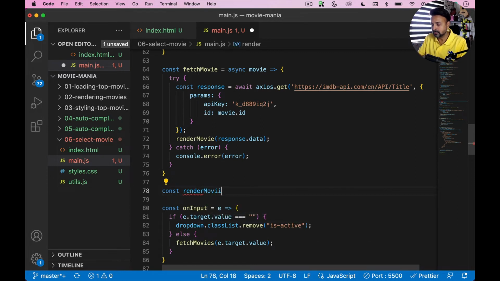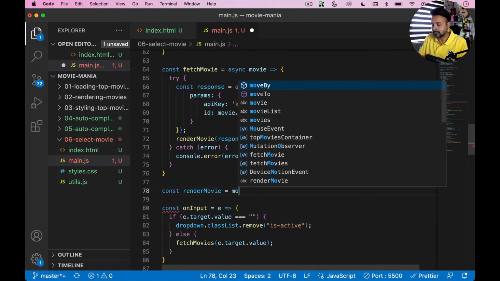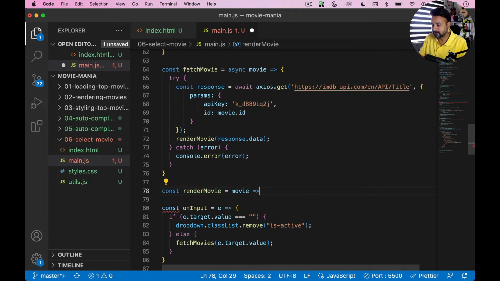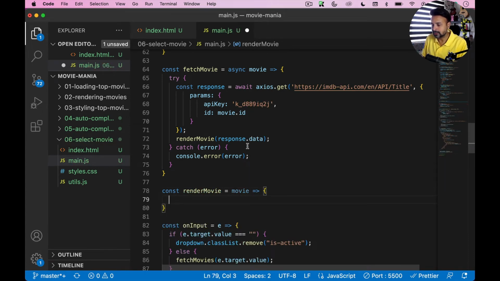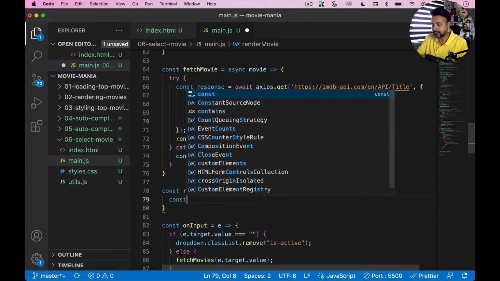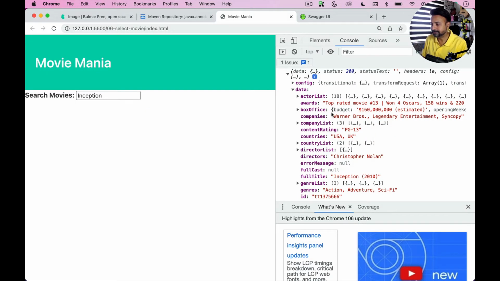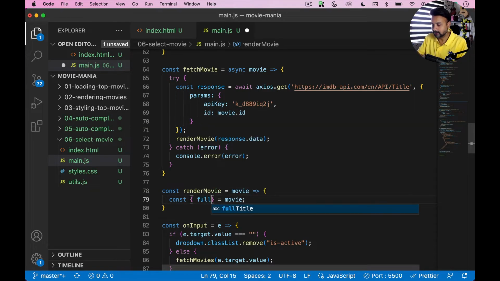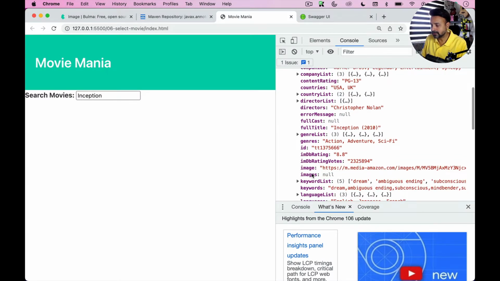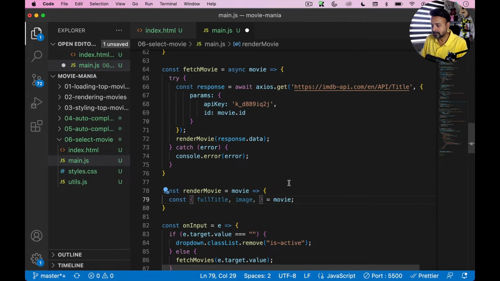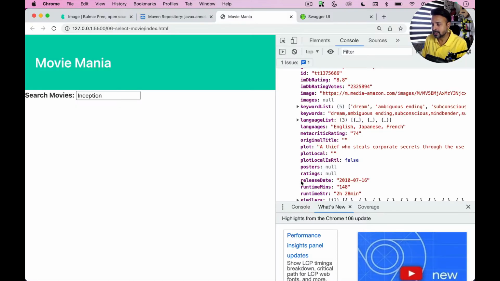renderMovie, and we'll get the movie object, right? Which I'm going to pass, that is response.data. And let's grab the data now. Const. Let's use the destructuring syntax to grab the data. So I need a full title. So that will be fullTitle. I will need the image also, right? So let's grab the image. I will need the plot. So let's take the plot, and